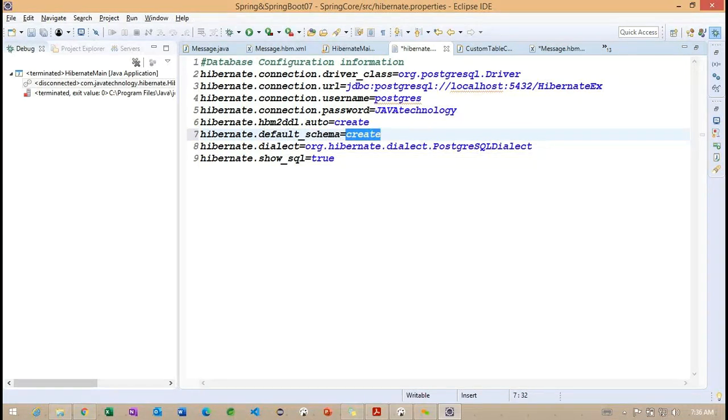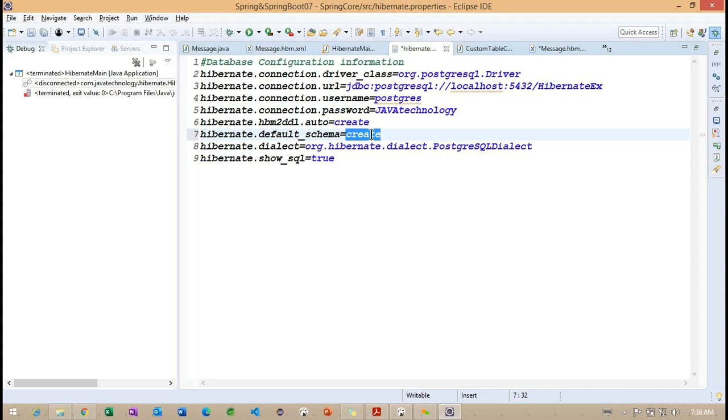In a real-time application, we are going to create more than one schema, so that some of the tables are related to one schema and some of the tables are related to another schema. Based on the project information, we'll create a different schema. Inside the schema we are going to create the tables.